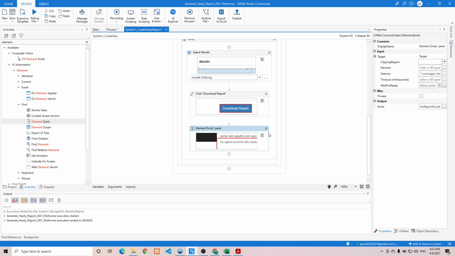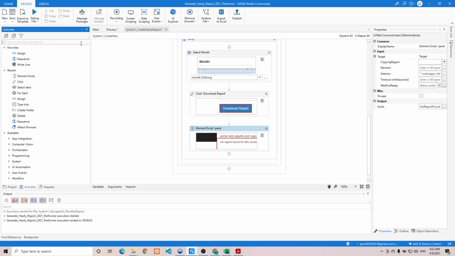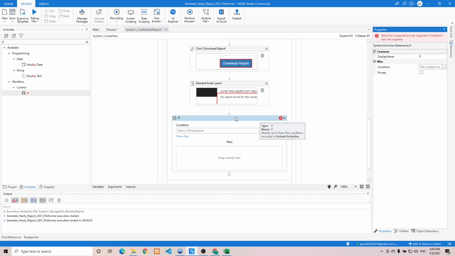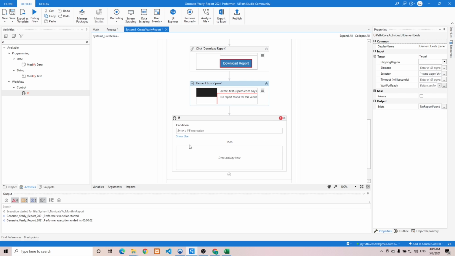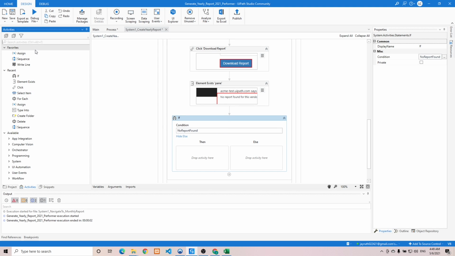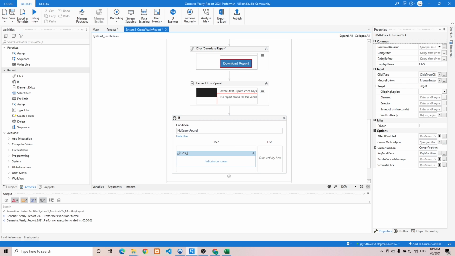Then we need to validate that. So we need to add an if statement. Now in this part, we need to validate if there's no report found on the selected month. To do that, we need to check this output. So if no report found, we need to click this OK button. So let's click Show Else, and then we need to add a click activity on the then statement. And let's say click OK on pop-up,